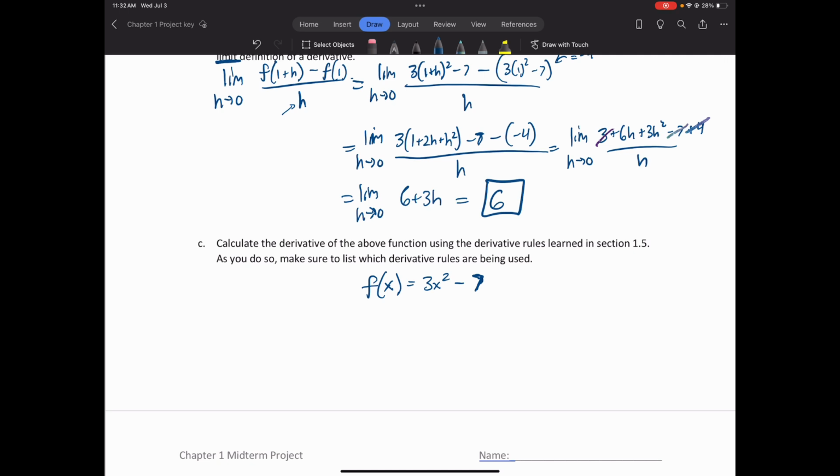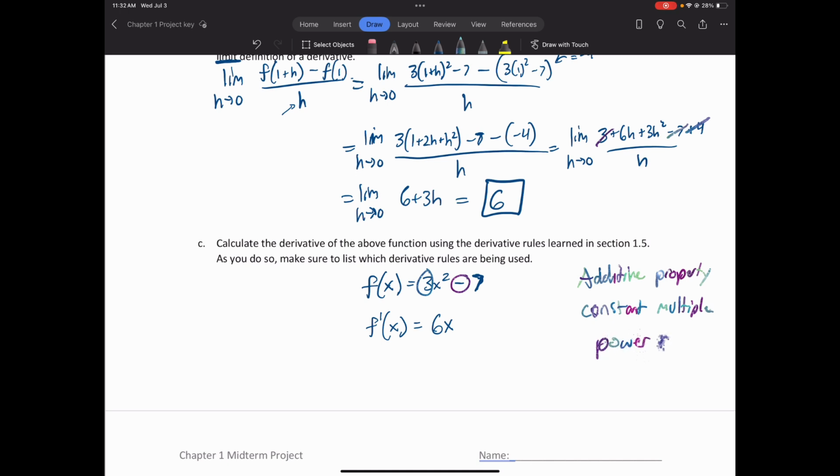I can go ahead and take the derivative of this. But I have to recognize that I'm using quite a few properties when I do this. First of all, I've got 2 different terms separated by subtraction, so I'm using my additive property of derivatives. Next, I have a constant multiple in front of it, so I'm using the constant multiple property. Okay. And then what rule am I actually using? Well, I'm using the power rule, of course,